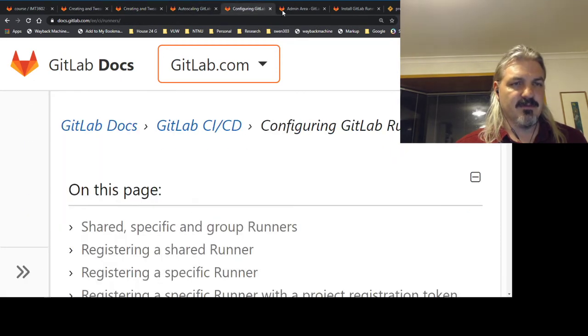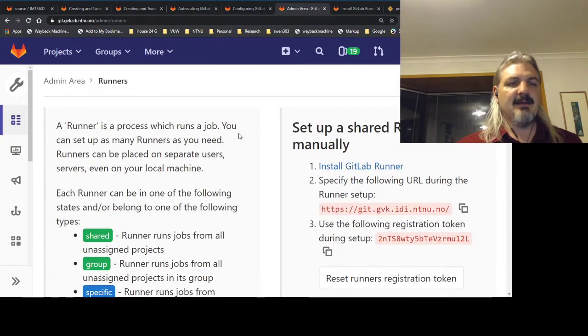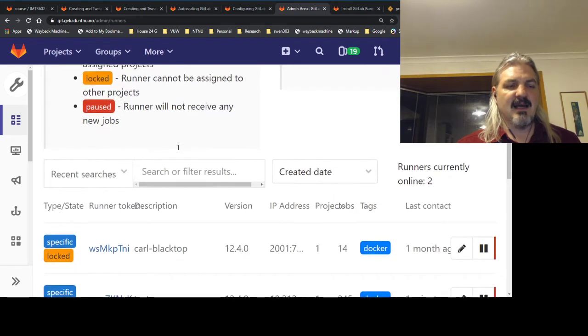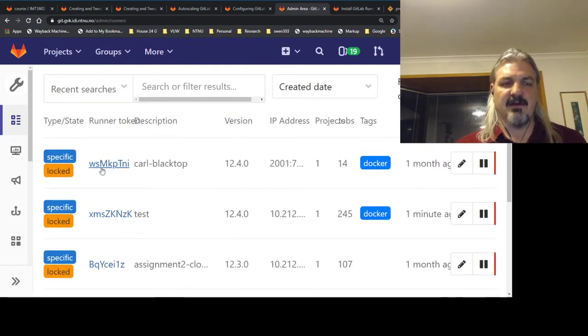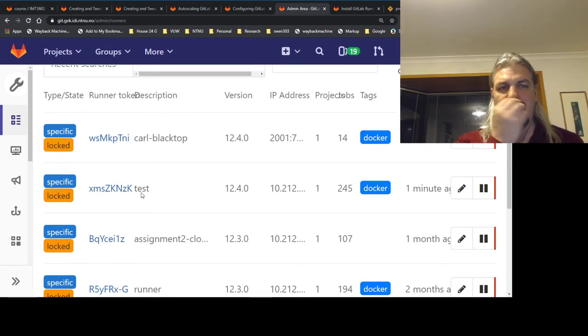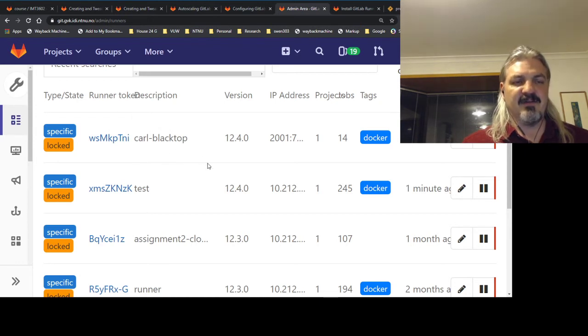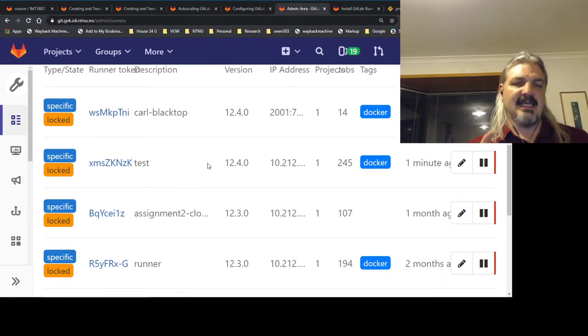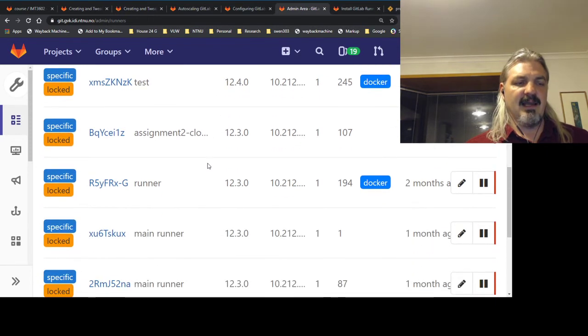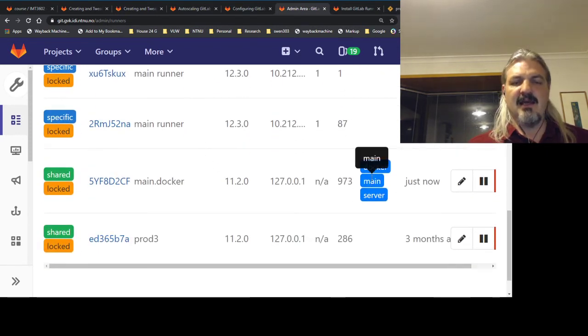In which one of these was it? This one. In our admin area, for which I have access to and you guys don't, these are the runners that we have currently running on our GitLab server in Ulick. So here, these are specific runners. And specific runners are tied to a particular project, and we have a couple of general runners, and these have